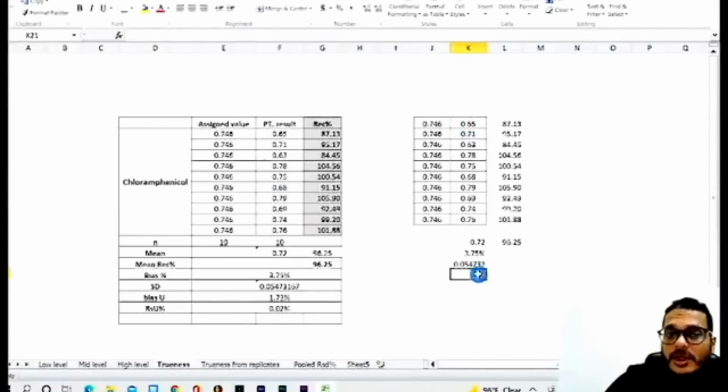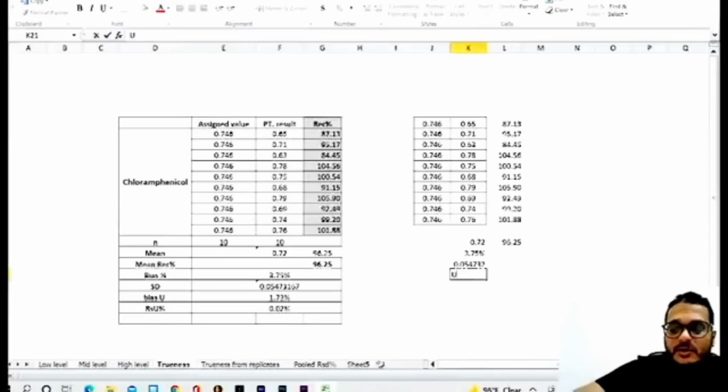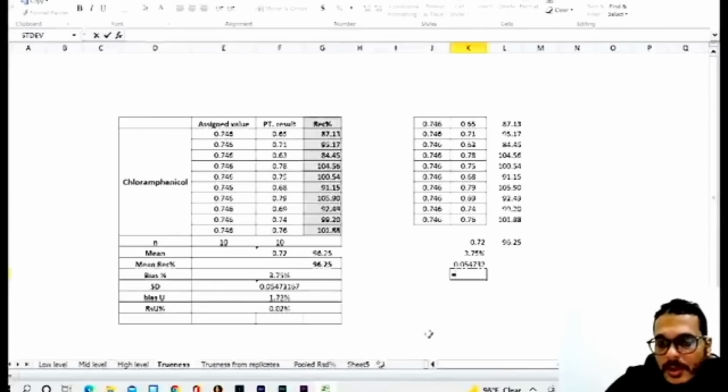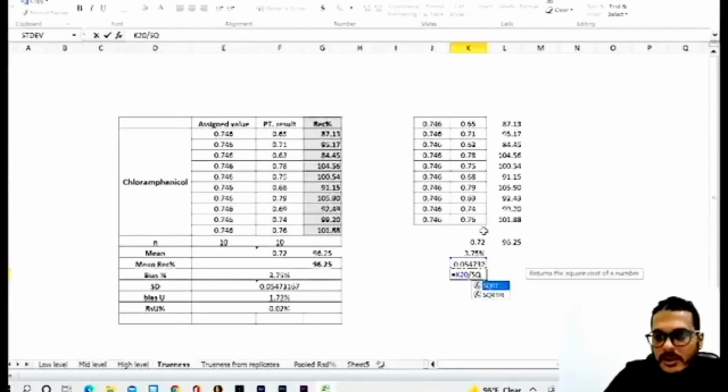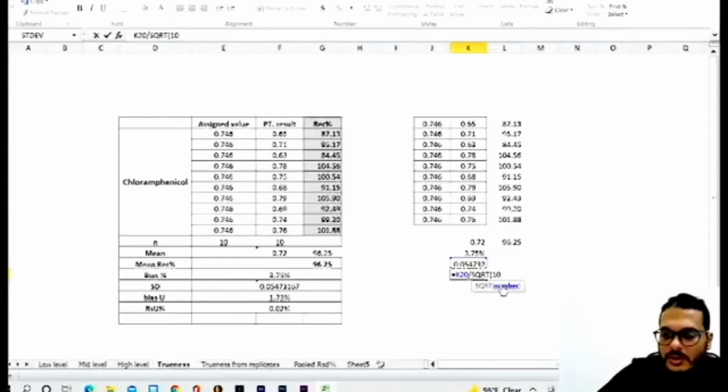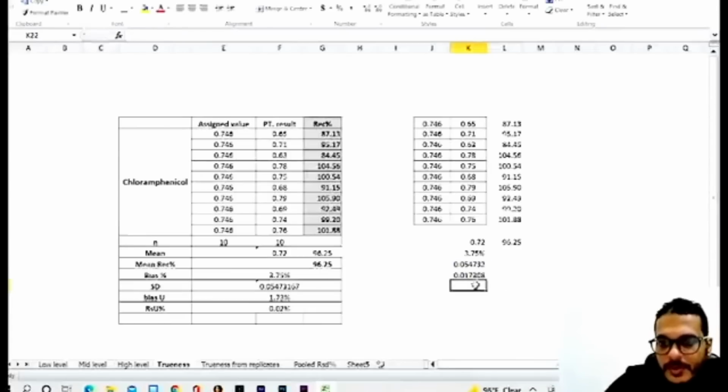Then you can now calculate the uncertainty due to bias, which is a standard uncertainty. The uncertainty due to bias equals the standard deviation divided by the square root of n. Square root of 10 replicates, so enter. This is the uncertainty due to bias,